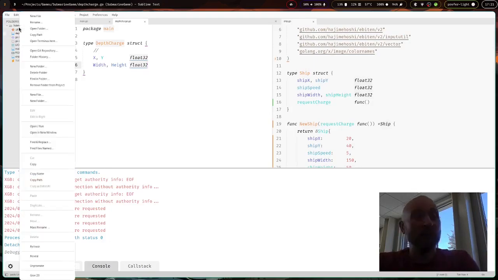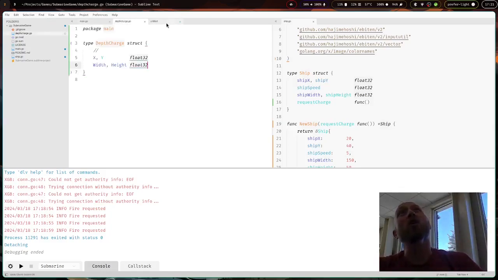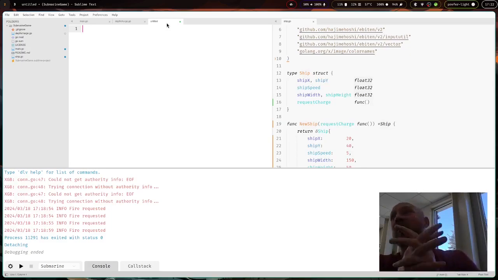So in other languages, Python included, there's an inheritance hierarchy. A dog can inherit from an animal and have the traits of an animal. Go doesn't have any of that inheritance hierarchy. But what it does have is composition. So we can compose our types of other types. And since we have a ship and a depth charge that share some of the same common types,